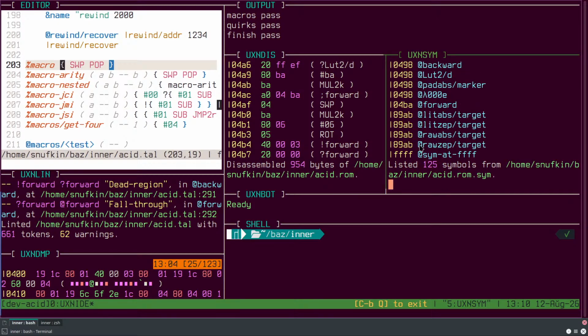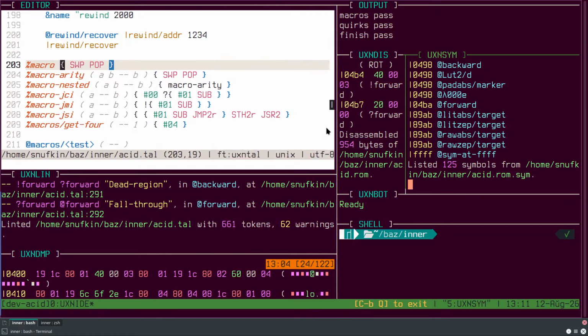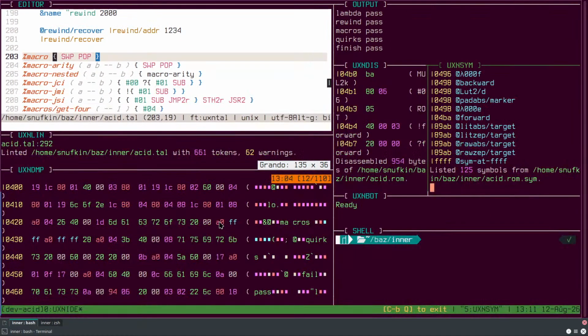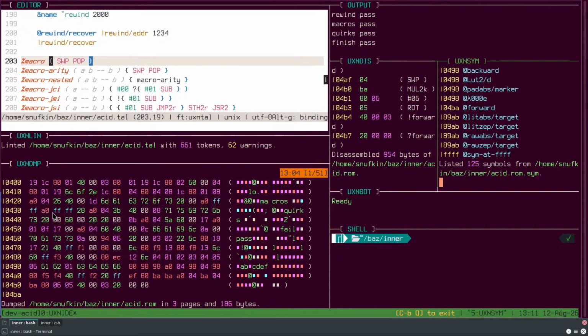And I also added here, because UxnSIM doesn't print with these @ signs, so all the symbols are cyan, absolute addresses are yellow in all the outputs. I'm going to make it a little bit smaller, like that. So all the addresses are yellow,